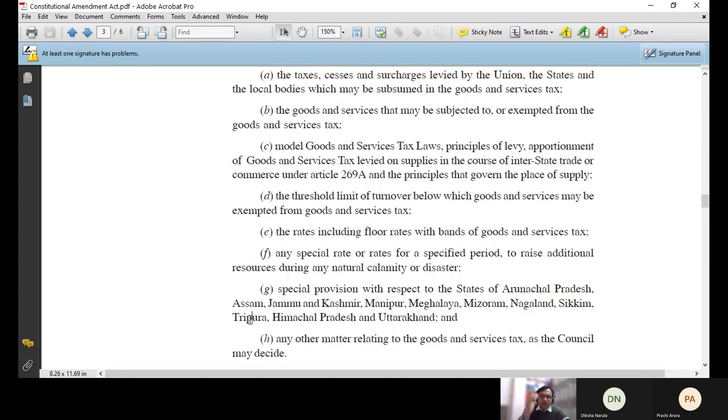So for the purpose of registration, if I am making supplies from Manipur, Mizoram, Nagaland, Tripura, then my aggregate turnover limit is 10 lakh rupees. And other than these 4 states, from wherever I am making the taxable supply, the aggregate turnover limit for me is 20 lakh rupees. Now I will simplify these provisions with the help of some examples also. But in case you have any problem, you ask me. Otherwise, please raise your hand if you got the concept of this original act or what I have just explained to you.